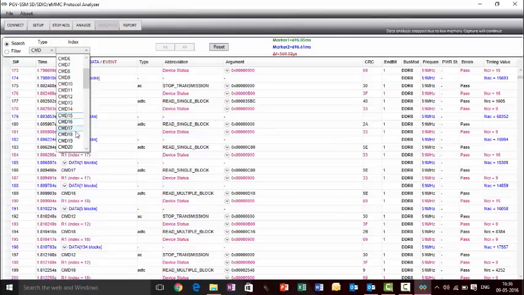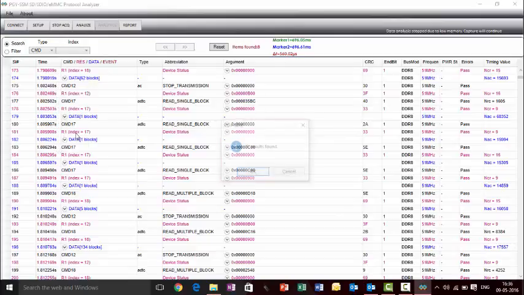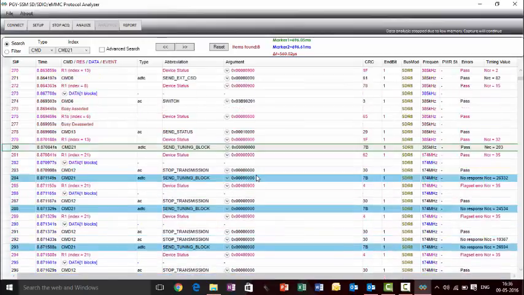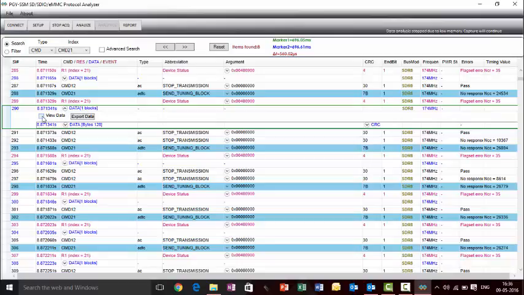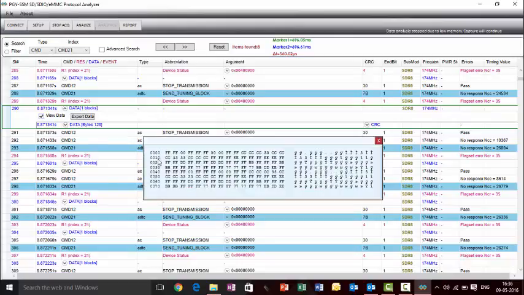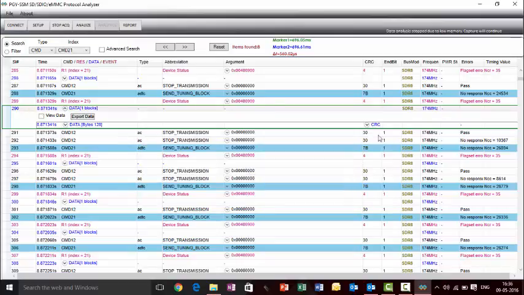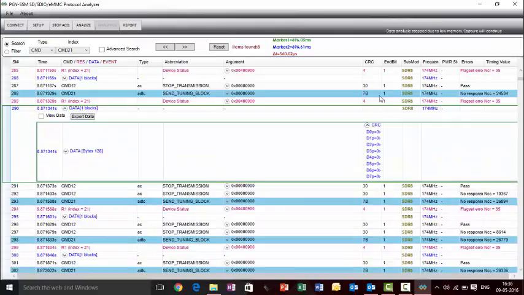You may be interested in looking at the tuning commands. So you can search for a tuning command. It is CMD21 for eMMC. And you can note that it has taken place 8 times, and here are those CMD21 commands, and you can look at the data, and here are those data bytes of tuning,